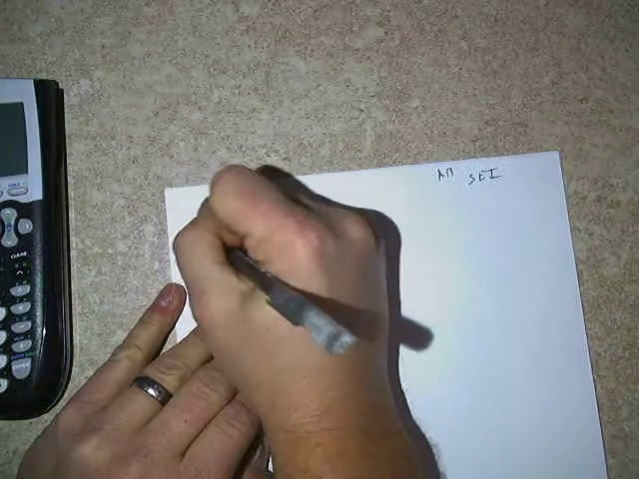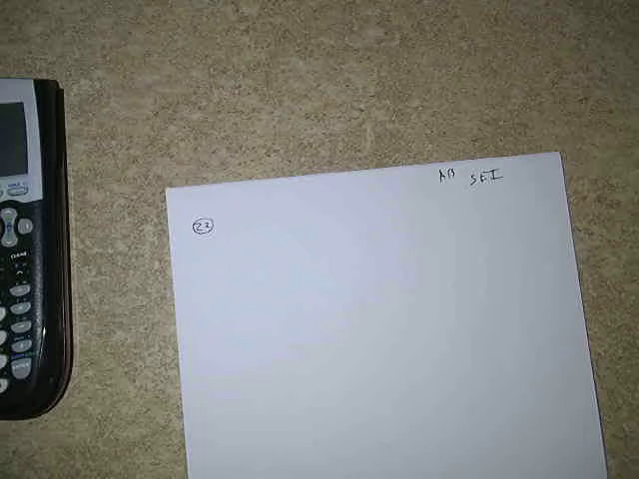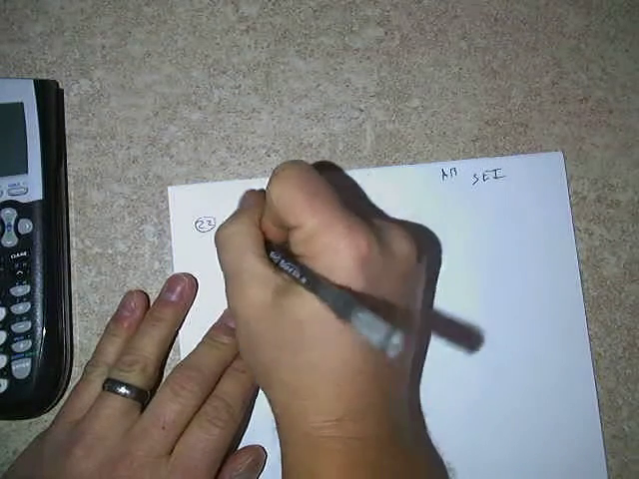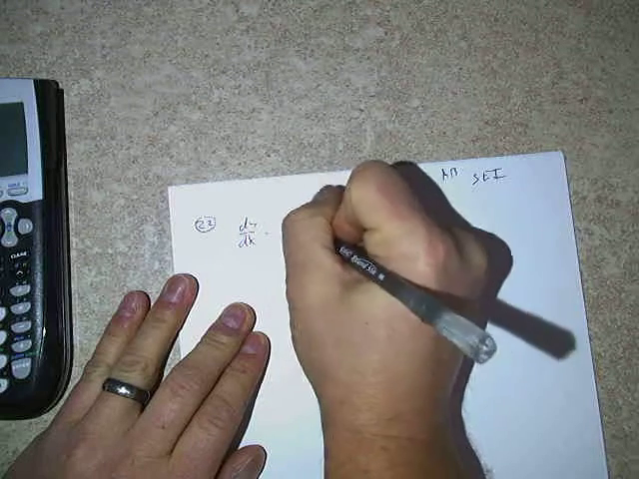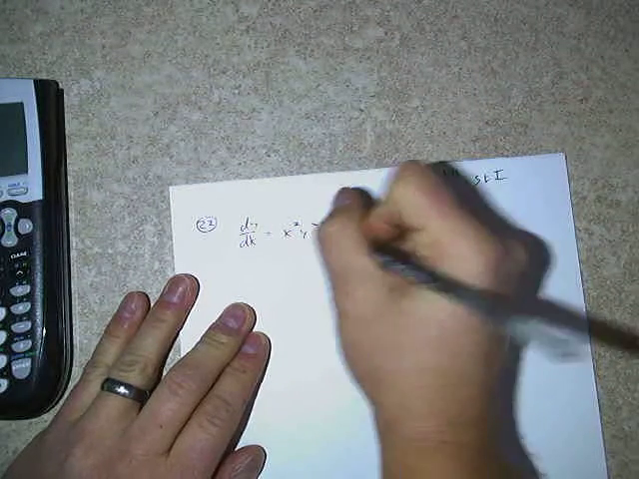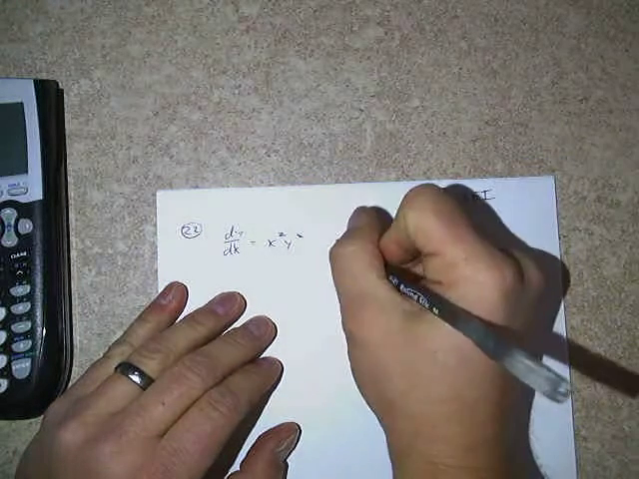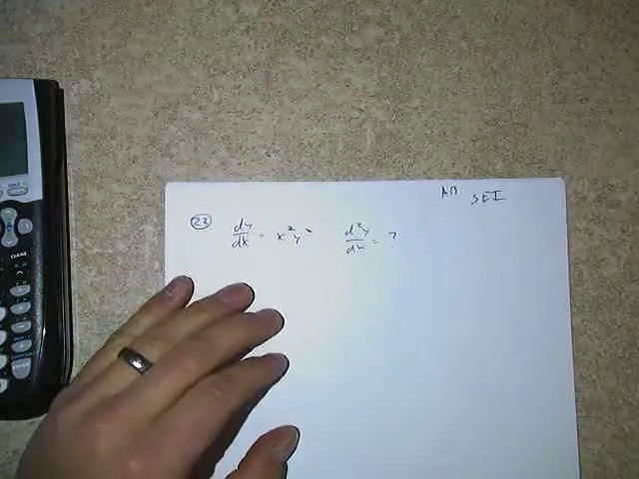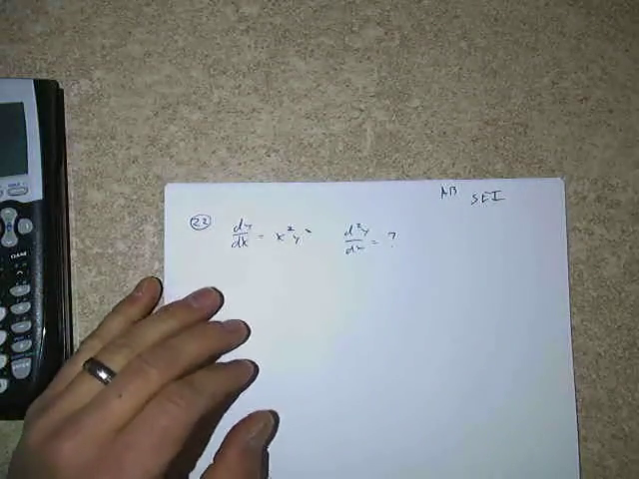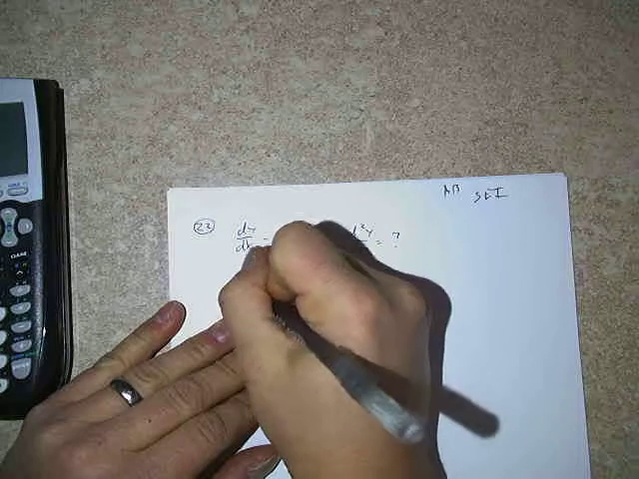Alright, so sample exam 1, number 22. We have a differential equation, dy/dx equals x squared plus y squared. But in this particular case, we don't need to solve it. We need to find the second derivative. So if we know the first derivative, dy/dx equals x squared times y squared, to find the second derivative, we would just need to differentiate,